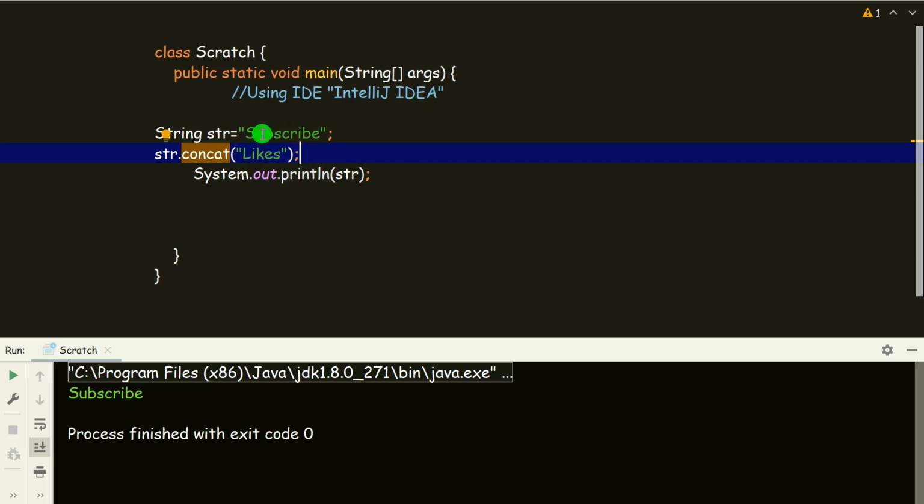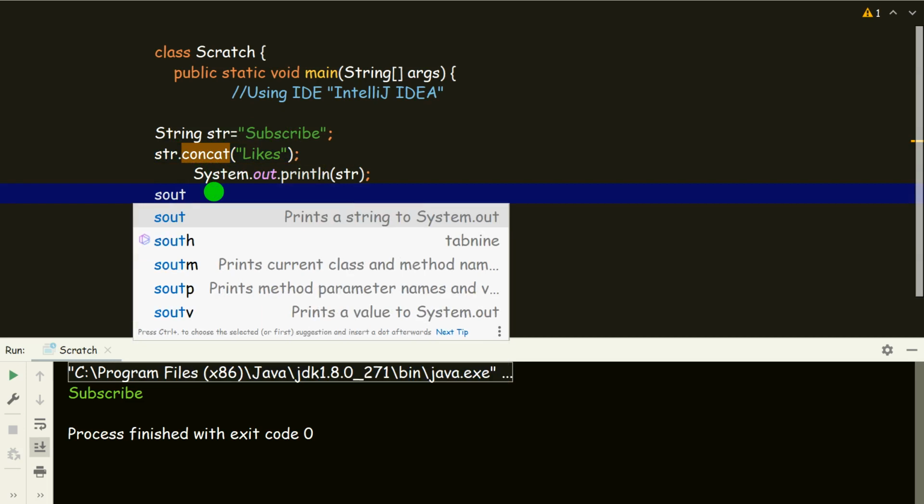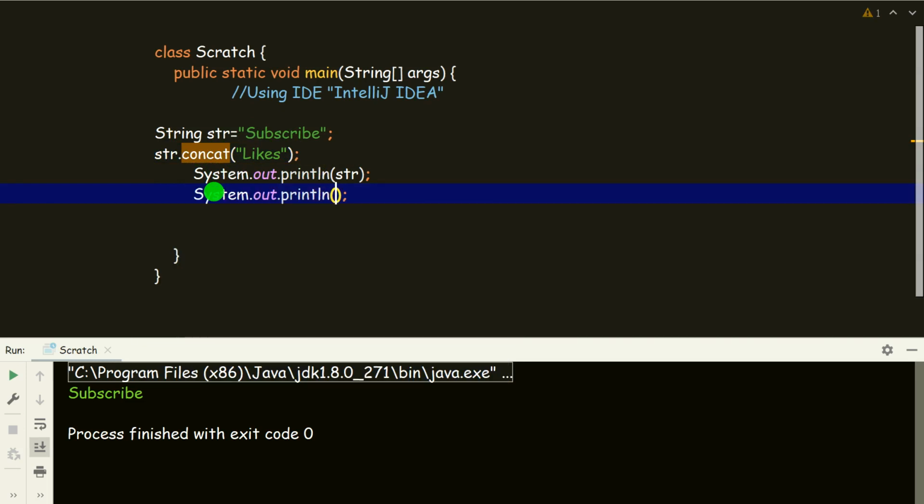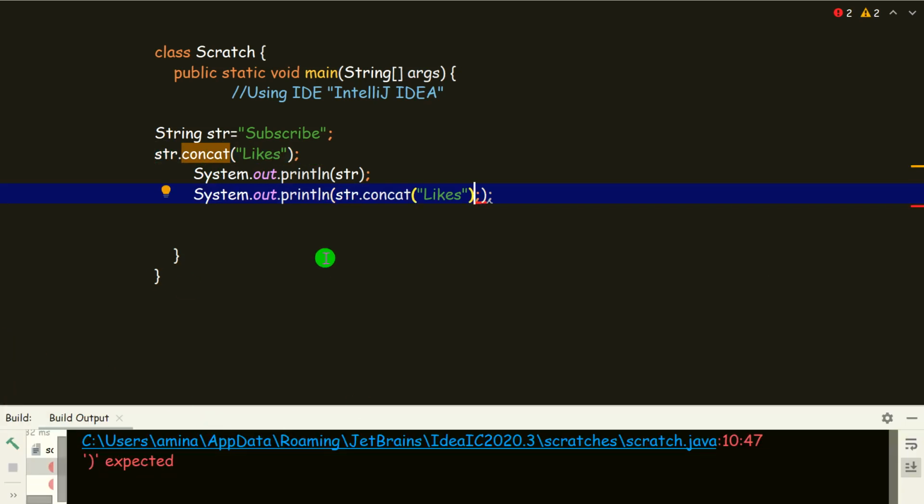Let's see in the diagram. Subscribe, there's a string str and a new object is created. Let's take this also in output as sys out or syso, whatever you say. Let's put it over here and see the output.